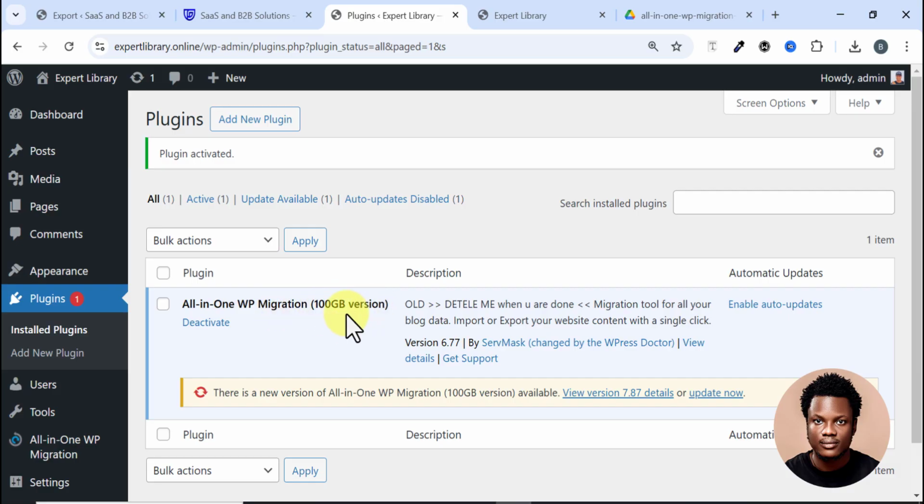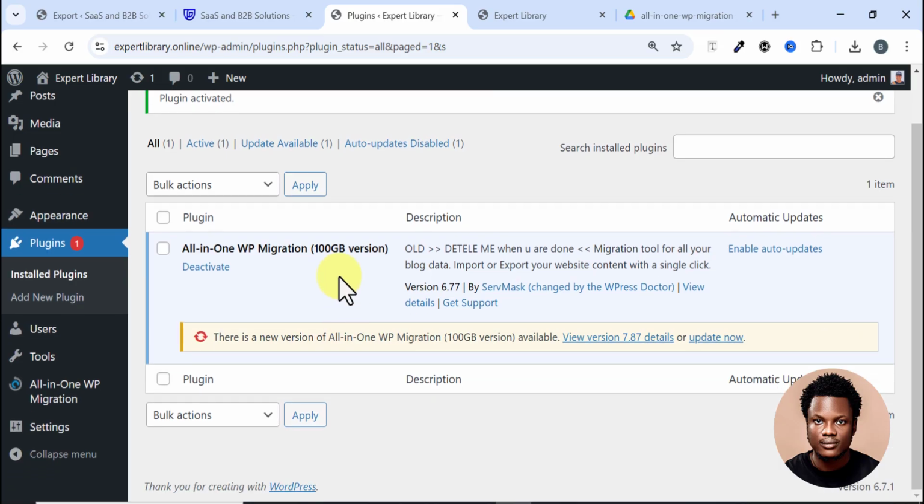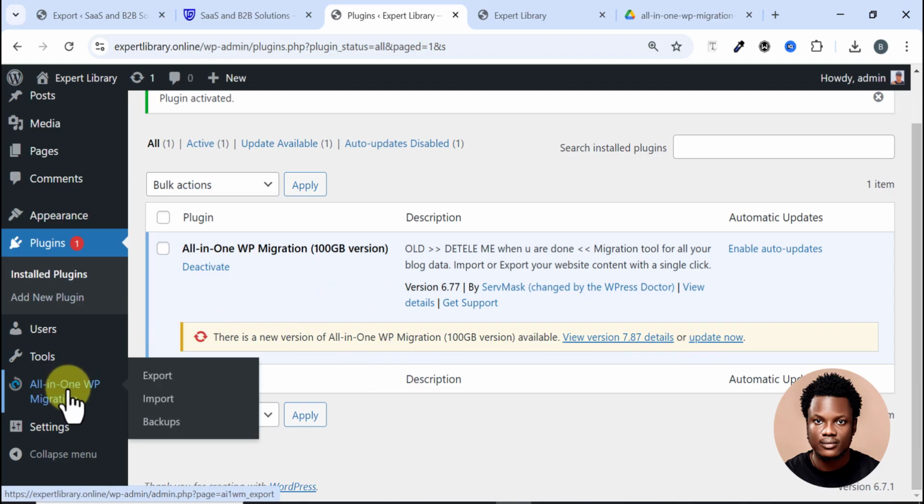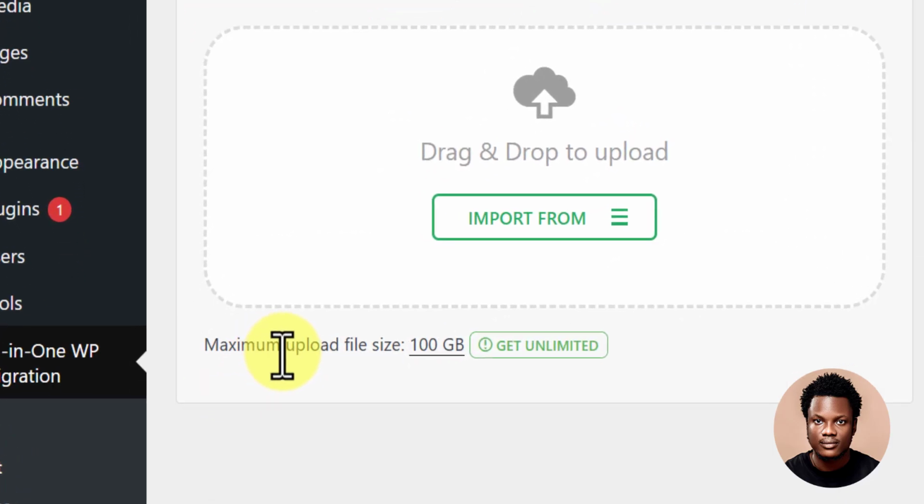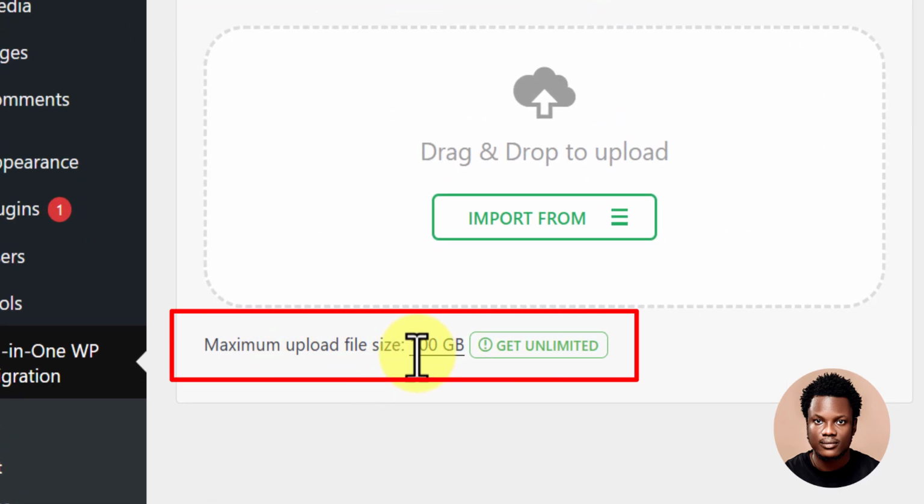All right, so this plugin has been activated, and you can see it's prompting you that this is the old version. You need to update to the latest version. Please guys, don't update it, leave it the way it is. This is how this plugin is going to work. So don't update anything. After the installation, come to this place, all-in-one WP migration, and click on import. So I just click on import, and when I click on import, you can see the maximum upload size is 100 gigabytes. Okay, so this is the plugin we are going to be using,